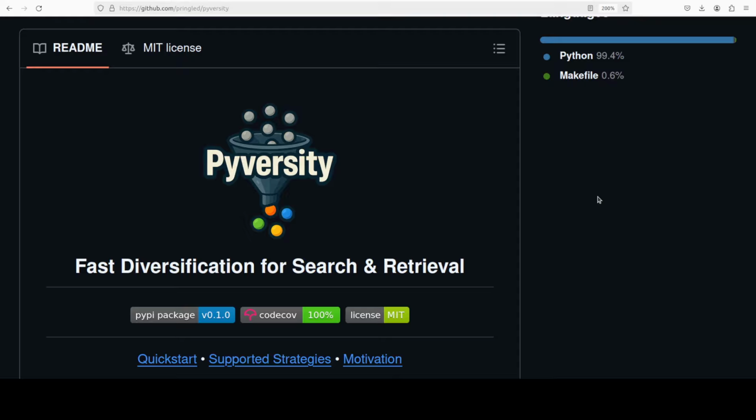As I said, it implements several well-known diversification strategies such as MMR, which stands for maximal marginal relevance, MSD, which is max sum of distances, and then DPP, which is determinantal point process. And it also uses cover, and this is all accessible through a simple unified API that depends only on NumPy. I will be talking more about exactly what problem it is trying to solve, but for now